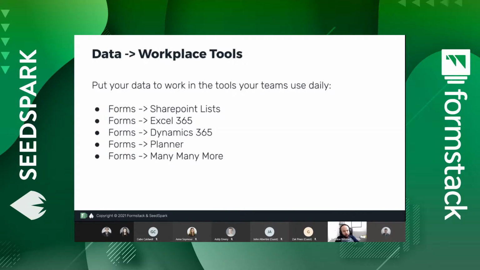I like to think of doing more with your data in two primary buckets. The first of those is taking that data, like some of the other presenters have talked about today. You need to collect that data and ingest it into other tools. In the Microsoft space, very common use cases there are going to be form data into SharePoint lists, Excel 365, Dynamics, Planner, and any of those 400 other possible integrations through Power Automate. And really in the back of our minds here as well, highlighting that comment that Anne made about automation, all of this can lead to so many efficiencies that you can gain